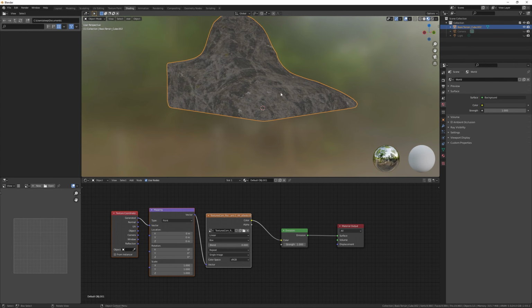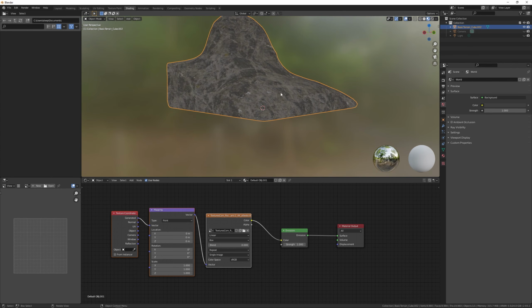So for polygons having the face direction in this way, it's projected from this direction, and from this direction, and from this direction, and from up, below. That's usually a pretty good way of getting a nice texture easily on a terrain object.